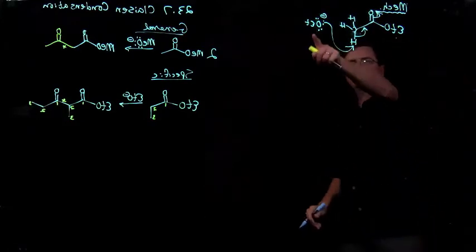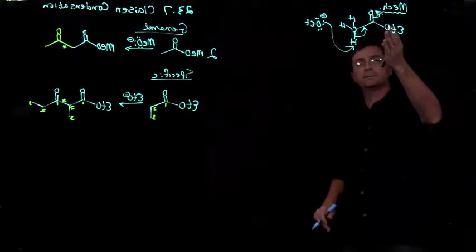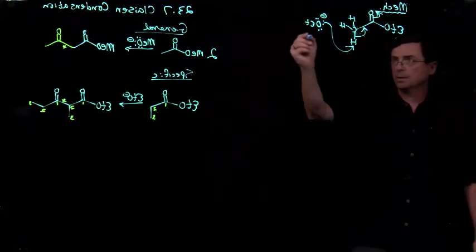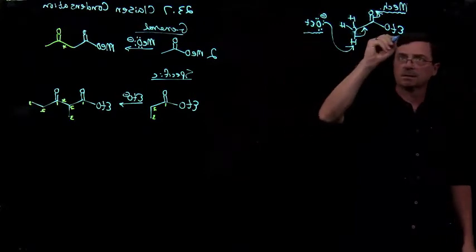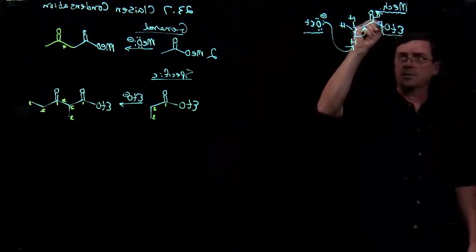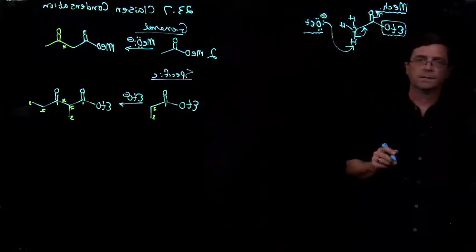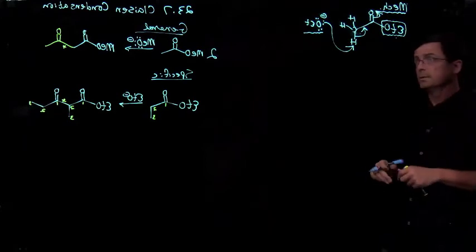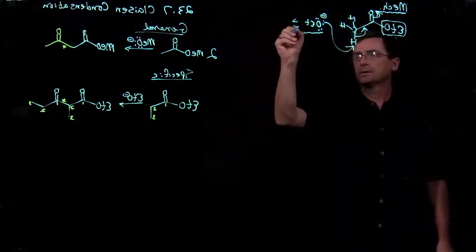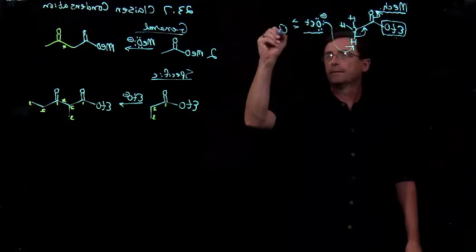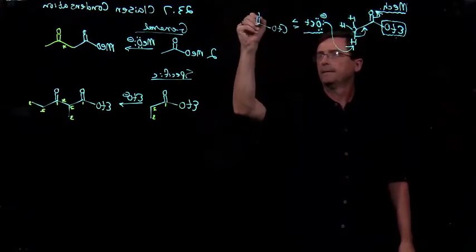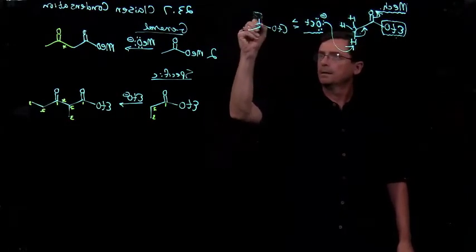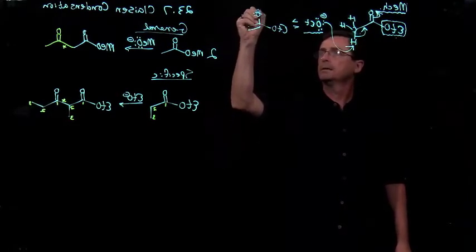Now, ethoxide could also attack the carbonyl, create a tetrahedral intermediate in exchange. And all of that is, of course, going on. That's why it's important that we match the base with the alcoholic portion of the ester. So we deprotonate. This, of course, is a reversible process. Let me make this the ester enolate